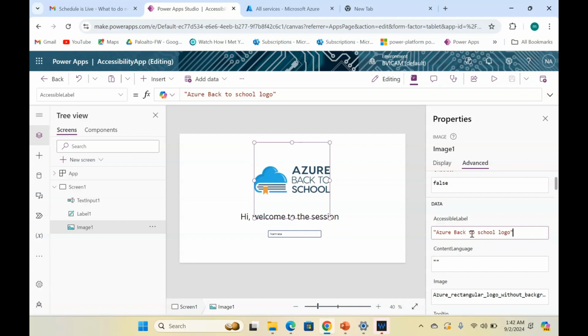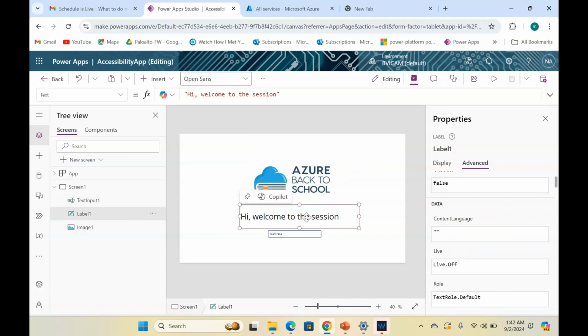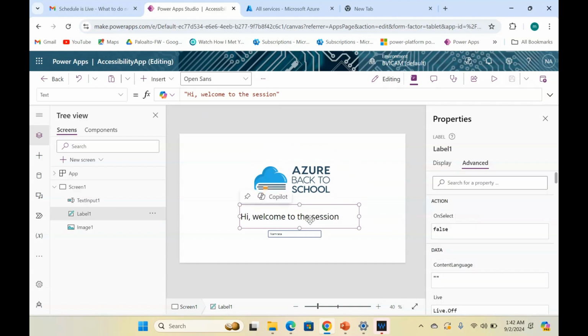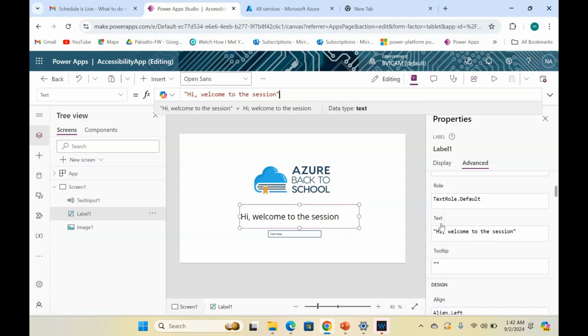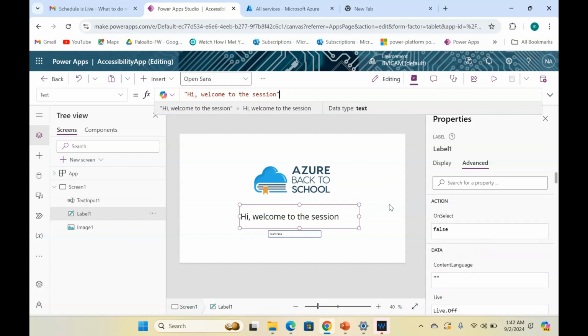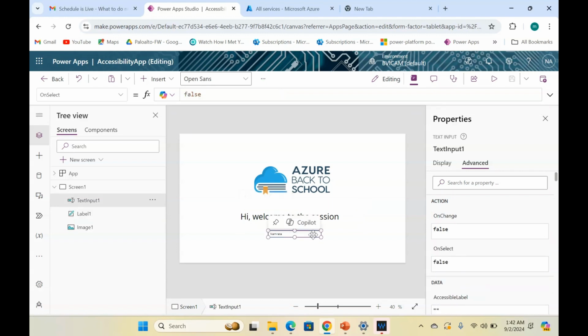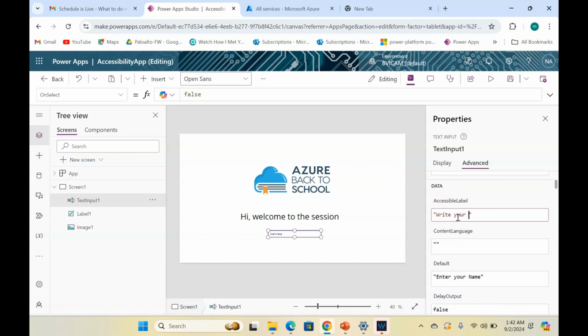We give a label out here. So this accessible label means we are giving a caption to the image, right? And then we go to hi, welcome to the session. This is obviously read because this is a text. It's been easily read, and we can clearly see that it's been a text here. And yes, this is important that whatever we are writing here, we are actually making sure that we give an accessible label. So we are writing here, write your name,